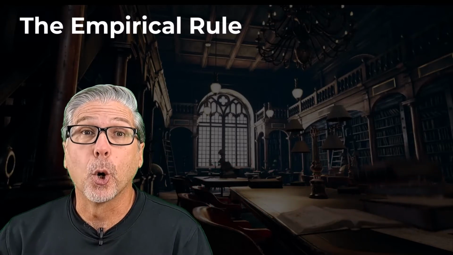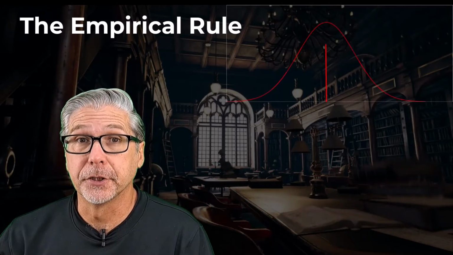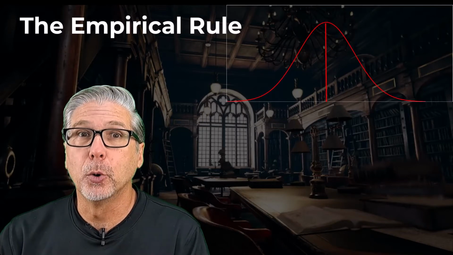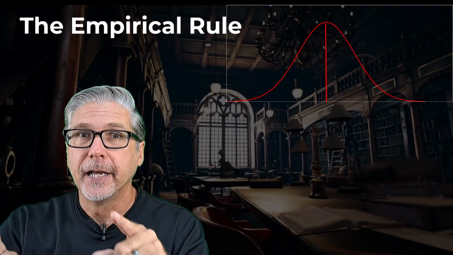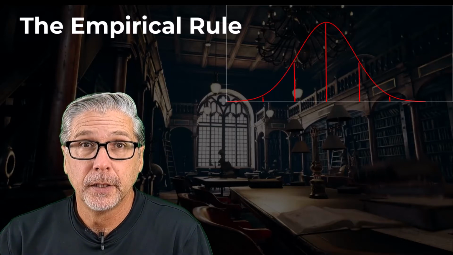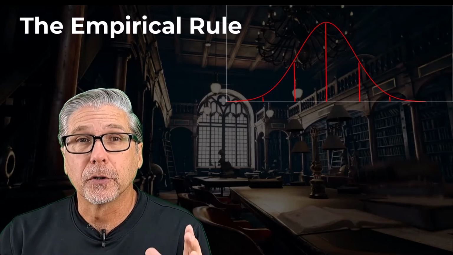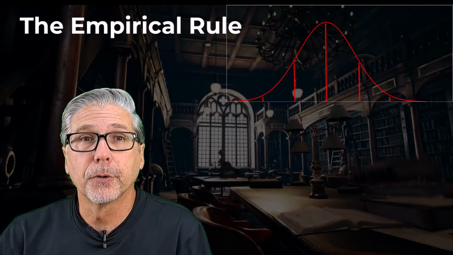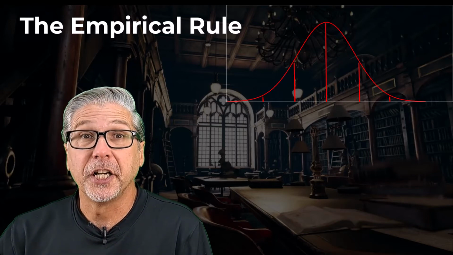First thing to note is it only works for mound-shaped symmetric distributions. You know, the kind where most of the data falls closer to the mean, and then you have pretty even or equal tails in either direction. Because we know the data falls closer to the mean when we're using the empirical rule, the Chebyshev percentages change